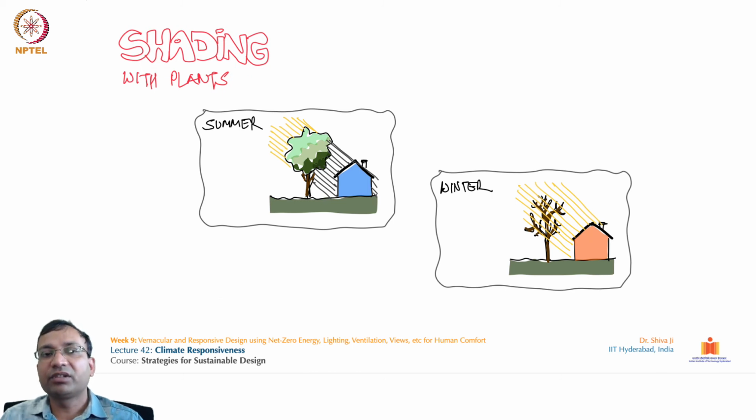Yeah, shading with plants also, because plants are one of the very important elements which absorb the sun's heat, so we can utilize the location of the plants: how far we should keep them from the building surface, at what distance, and what height of these plants or trees is desirable should also be taken into account for designing a responsible climate responsive technique. So we can utilize these deciduous plants which remain green over the year,